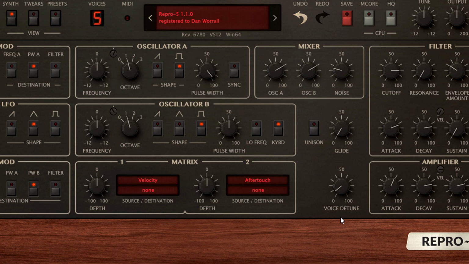I always like Aftertouch to do something interesting with this type of sound. The second modulation slot already has this selected as the source, so all I need to do is drag from the destination field and drop onto the knob I want to modulate, in this case oscillator A frequency. If I turn the depth up all the way for the slot, then pressing down hard on a key will shift the oscillator up one octave, which gives me another useful performance option.